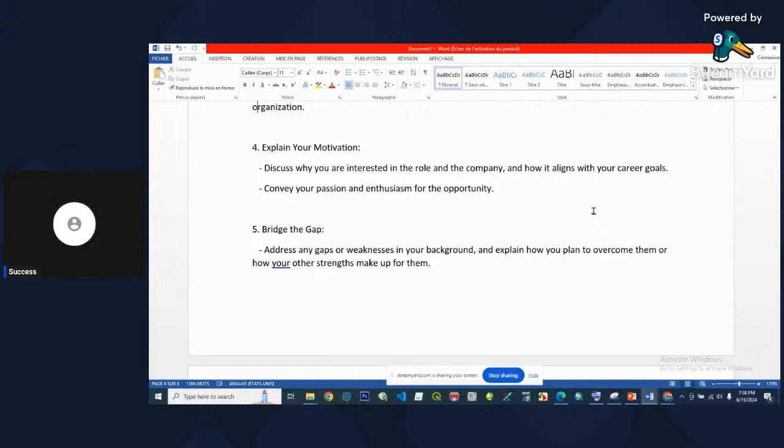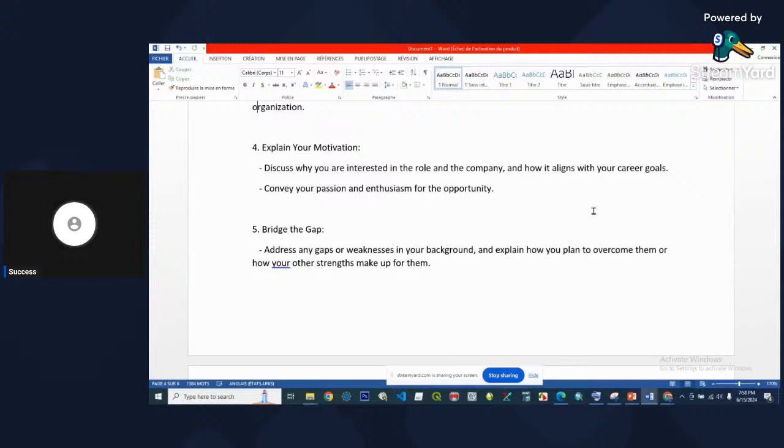It should just be in you that you are passionate about helping people, passionate about seeing people get results, seeing people get better, seeing people have better lives. That's how you end up getting a better life for yourself, by helping others. Convey your passion and your enthusiasm for the opportunity.